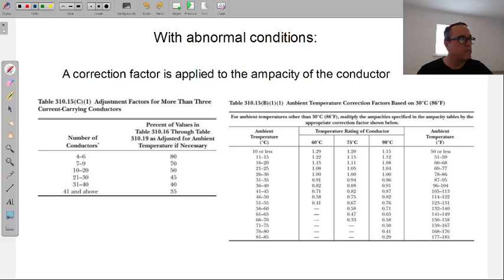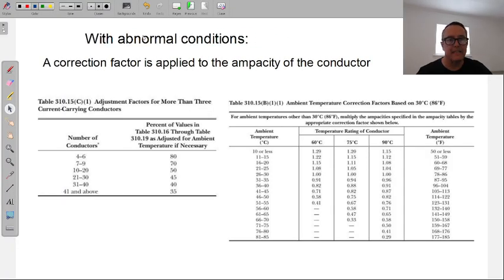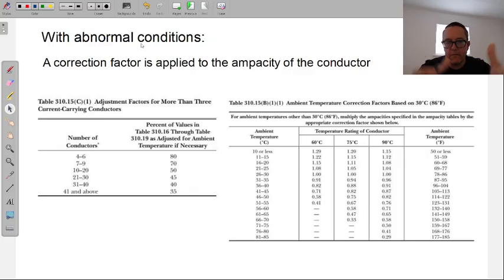Because again, and this is another thing we need to now memorize, amperage equals heat. Right? Amperage equals heat. And heat is the enemy, in a sense. That's why we have all these temperature ratings of the wires. Heat is the enemy of the insulation of the conductor. If you put it around too much heat, the insulation starts to feel the effects. And then we can lose the insulation, then we can expose the copper, and then it becomes a problem. As I said, it's not so much the worry that the wire is going to sever in half or anything like that. Yes, we can by putting a massive amount of amperage on a small little conductor, but that's not normally how that happens.